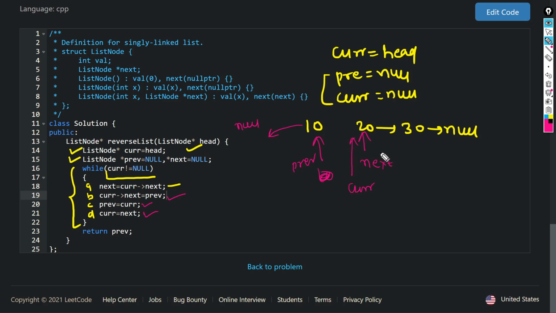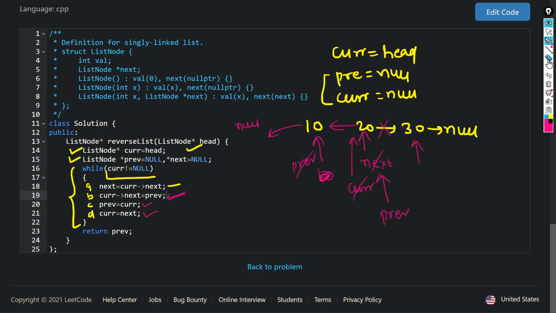So next is pointing to here, and then we will remove this link and make a link from current next to previous in step b. After that we will assign previous into current. So previous is pointing to 20.